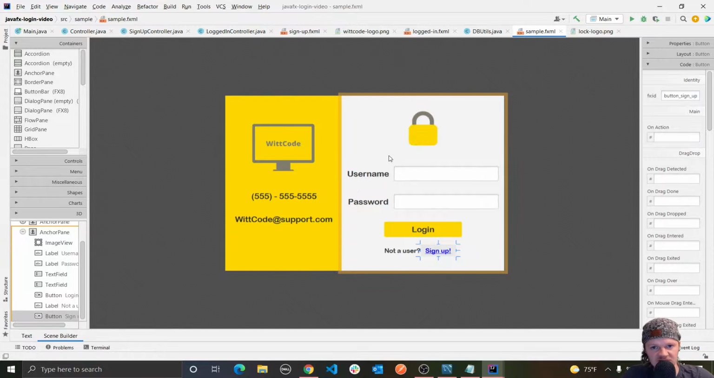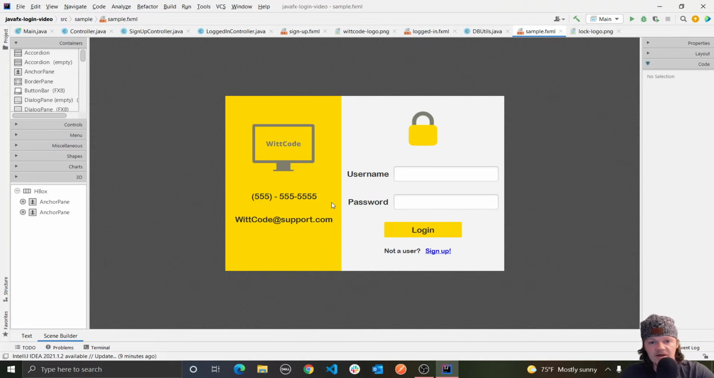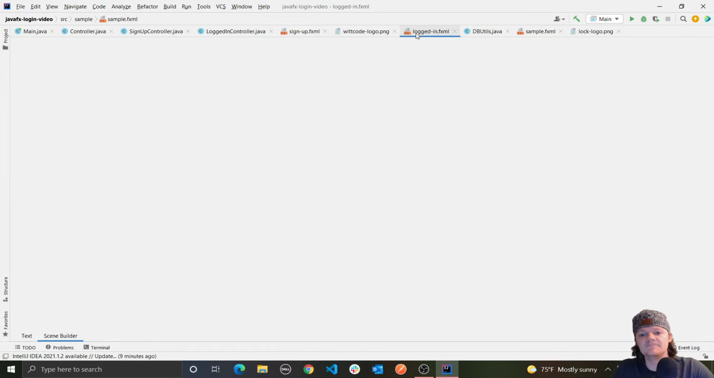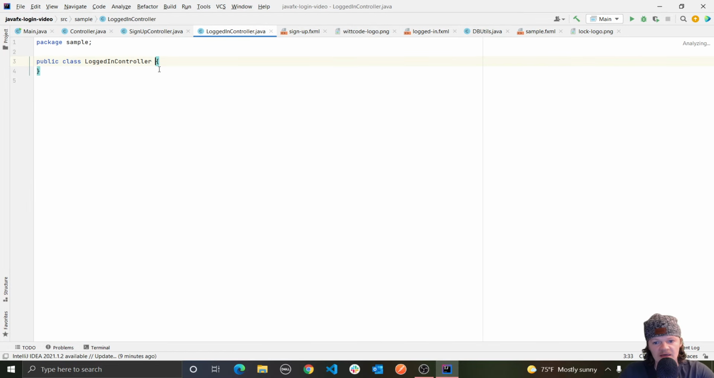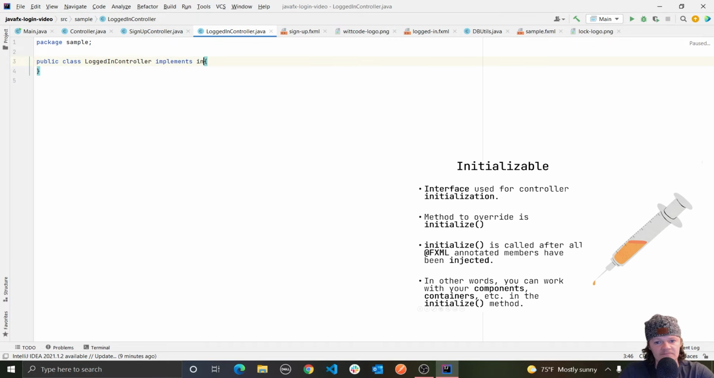So now we're actually going to start the interesting part. So now let's start coding. And the first class that we're going to be working on is our logged in controller. This controller is responsible for the UI that is seen when a user is logged in. So this UI right here. And to start, let's go into logged in controller. And to start, what we are going to do is implement the interface